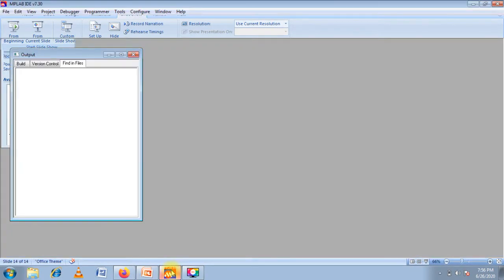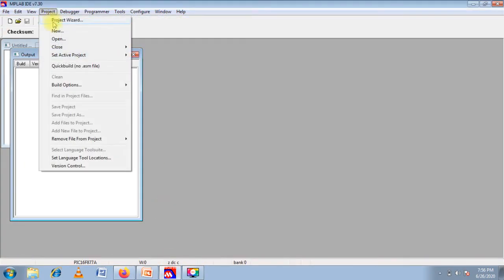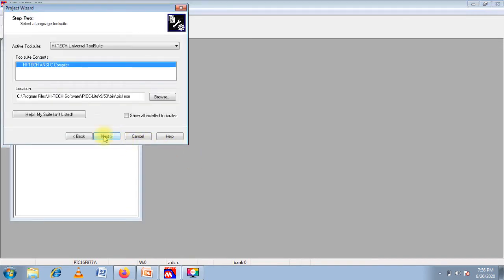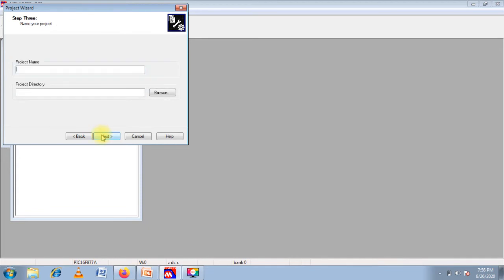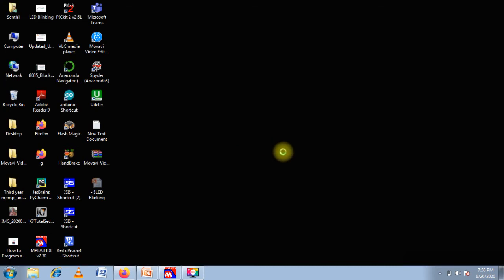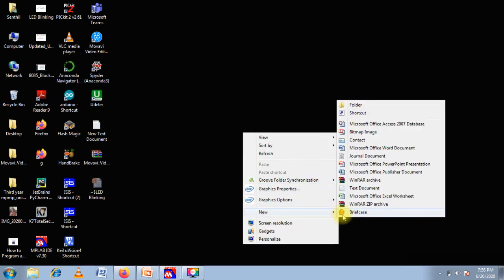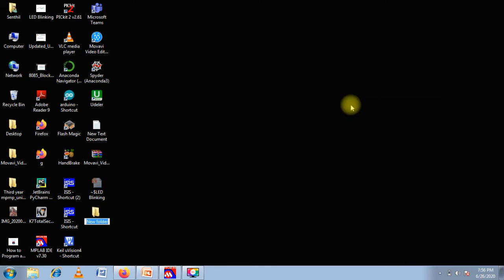So for that, open the MPLAB IDE, go to project, then click next. Select the device, then select the compiler, give the project name. Project name as LED, and before that, on the desktop we create one empty folder with the name application LED.